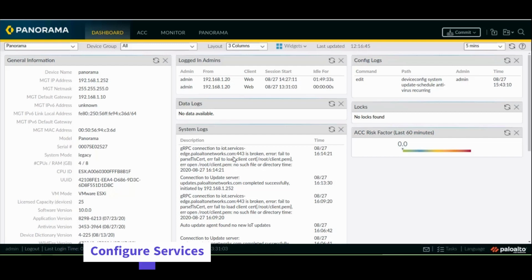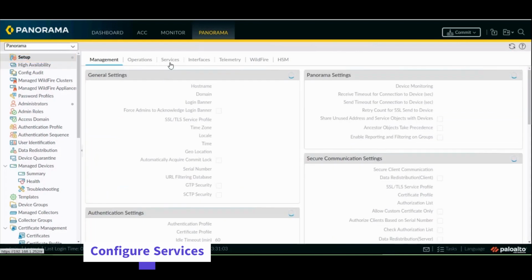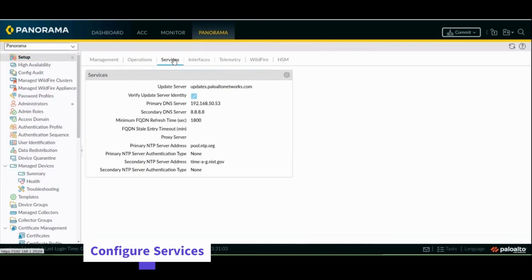Like every other network host, Panorama needs access to some fundamental network services to function correctly. These items are set under Panorama Setup Services. To change any of the items in this box, you have to click the gear icon to edit them, and the update server is set to